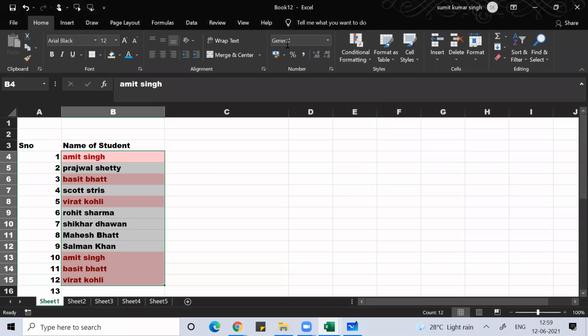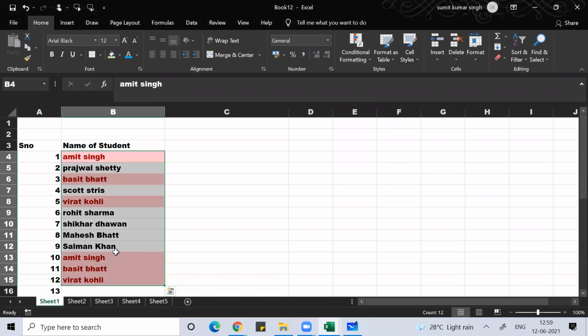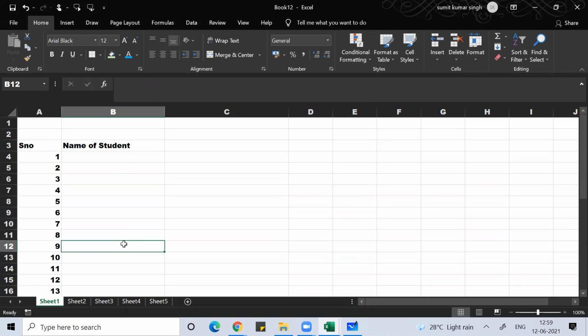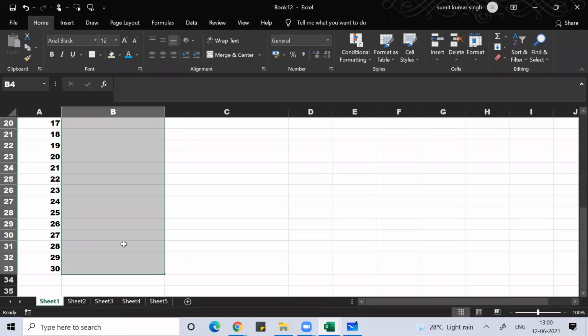Clear, everyone? Then you say, sir, I want to put values, and the value should not be duplicate. The entries you make should be unique, and it should not be duplicated. Imagine if you duplicate anything, Excel should tell you that you are putting duplicate values. The entry should be unique. So wherever you want a unique entry, here I want to put 30 names and these 30 names should be unique. None of the data should repeat.